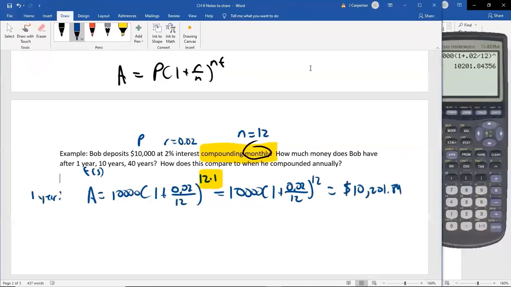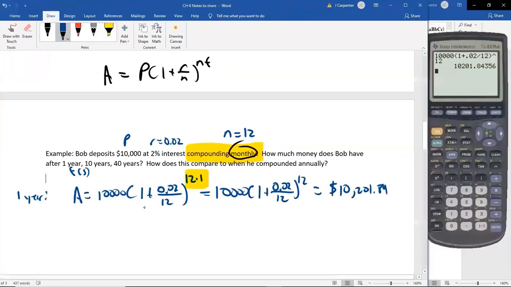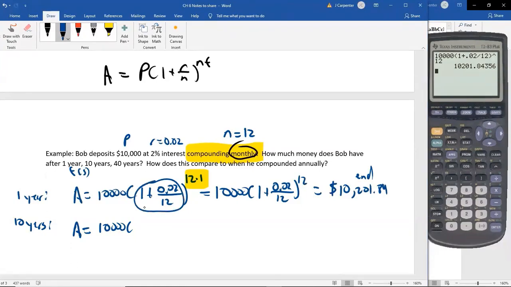Let me do this so I can see the calculator at the same time. All right, so there's how much we have at the end of year one. This is our end balance. How about 10 years in? A is now 10,000 times, see, we don't take the previous ending amount. We don't have to go from 1 year to 2 year to 3 year to 4 year. This goes straight to the end. If we wanted to find all the intervals in between, we would have to do it month by month. We would have to say month 2 amount is the month 1 amount times the growth factor, which is really this. This is now your growth factor because your annual rate has become a